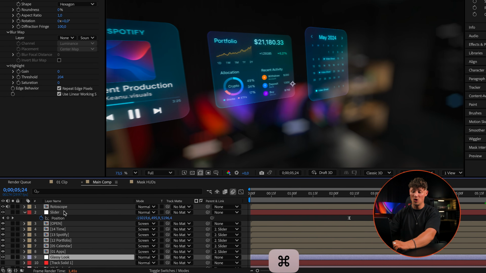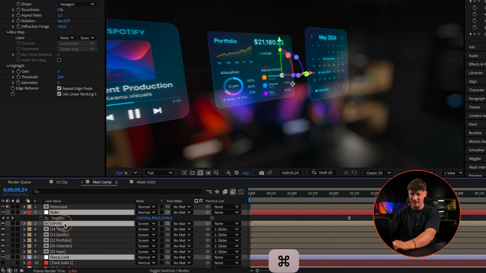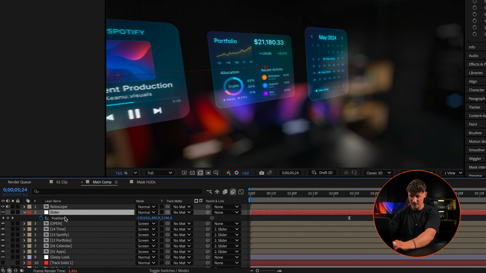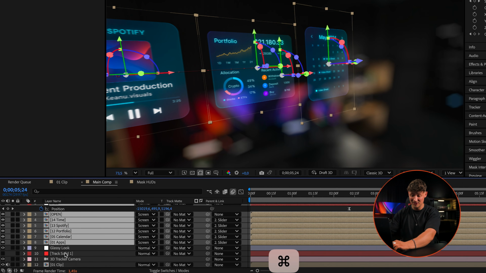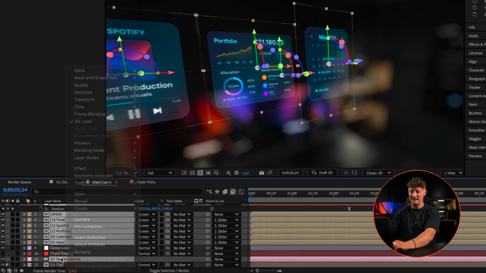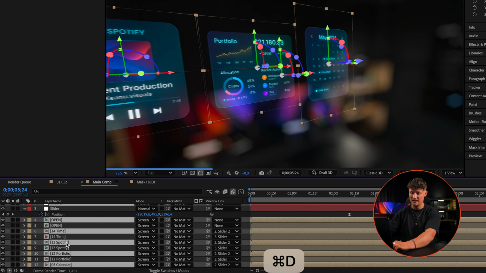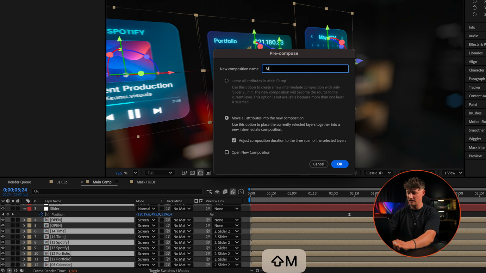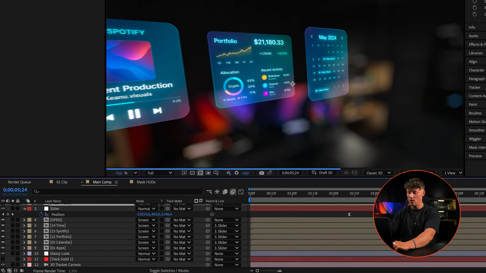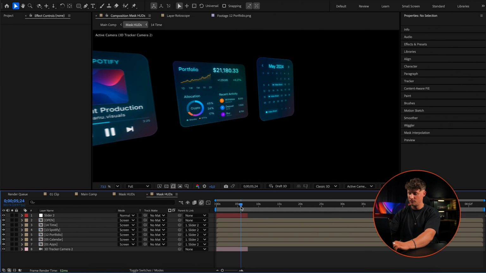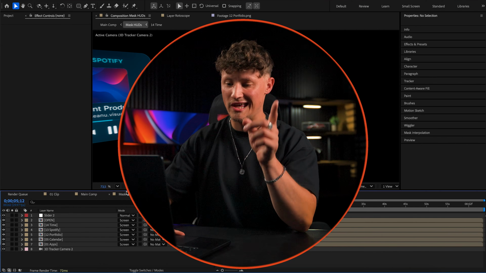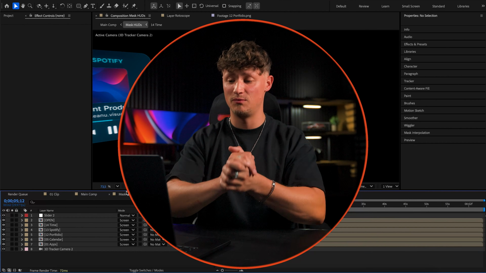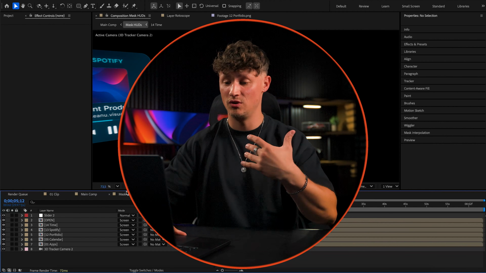So now make sure to also select the slider, all those graphics you animated, yes, and also the 3D camera, of course. And now Command D, duplicate it, and we're gonna pre-compose them again and call this mask HUDs. Yeah, it's gonna move all attributes, and now, boom. In that comp, you can see here, now the animation is also included. Good that that happened, because you really need everything in that pre-comp, otherwise it's not gonna match your shapes.